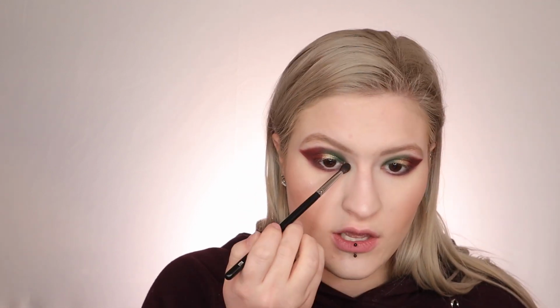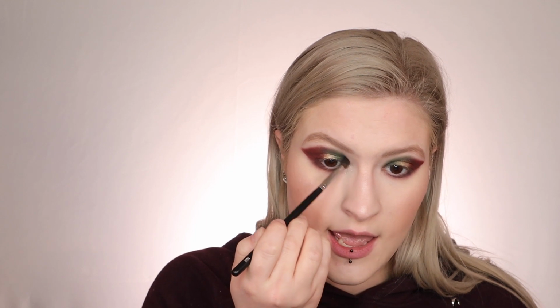So for the inner corner and the brow bone highlight, I'm just gonna go back in with that original white light gold that we used on the lid, and put that on the inner corner and on the brow bone. I can't really see a brow bone highlight in her photo, so this is just what we're gonna do, just like that. So now I'm gonna go in with some mascara and lashes off camera, and I'll be right